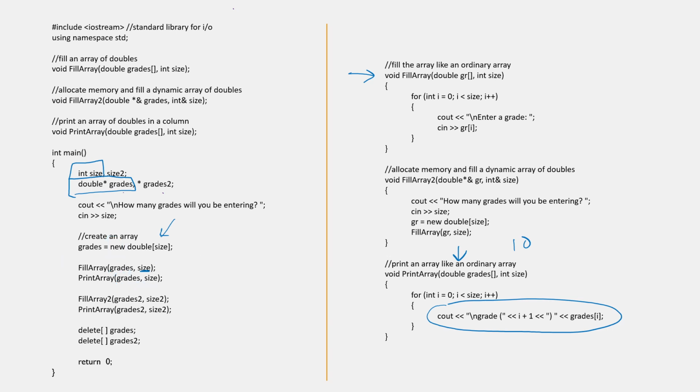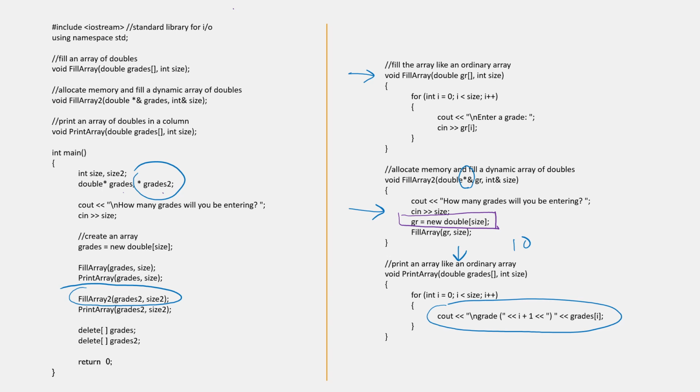Now in the second case here, we have a pointer, grades2, but we're going to fill it. We're going to get the size through this function. So we're going to allocate memory through a function. That's why this has a double pointer to a reference. So that takes a pointer to a reference. And here, you can see we're doing the same instruction we were doing before,